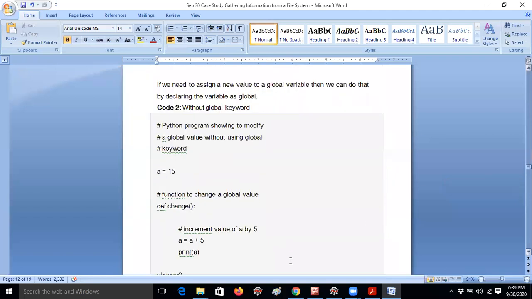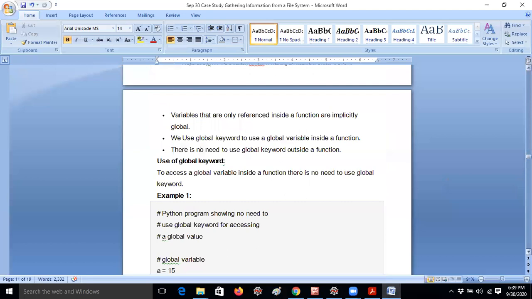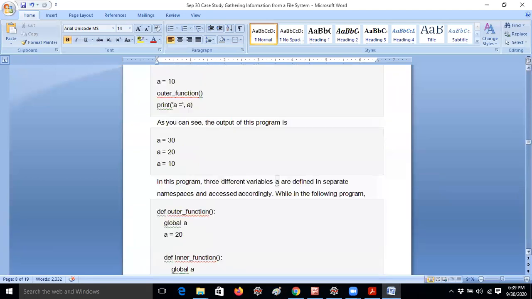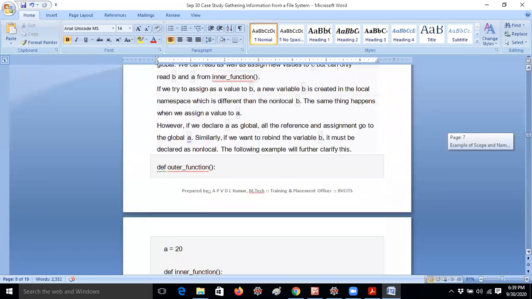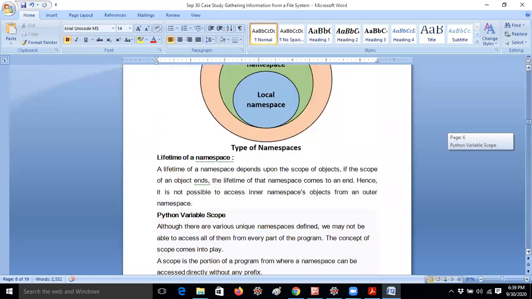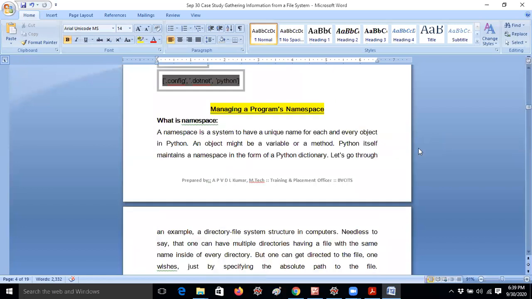Any more doubts, please ask, in file systems or directories or whatever it may be. Yes, your answer is correct, 545, no problem.